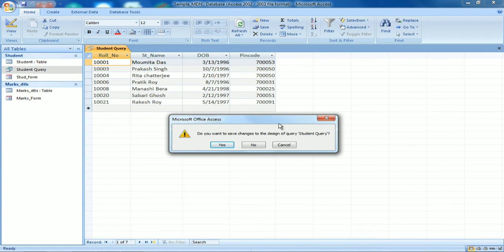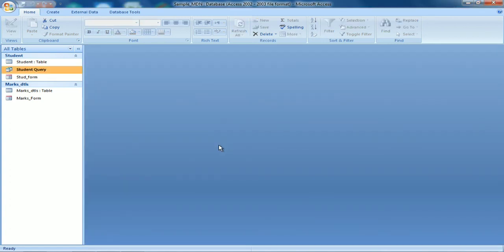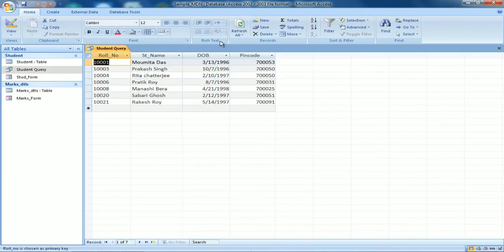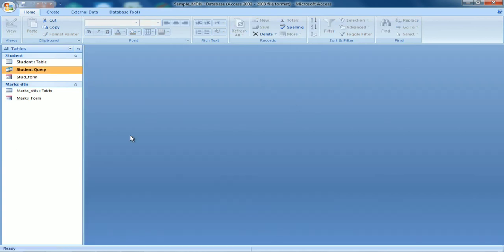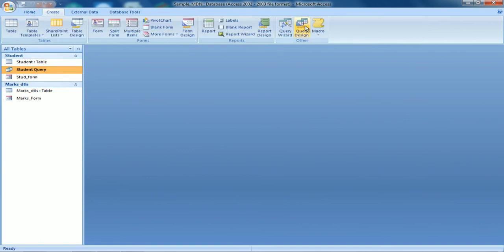Do you want to save the design of the query? If I say yes, then I will name it. Save the same query, it is coming here. Now this is all through the query wizard. Now I will show you something through query design, where you are designing your own query.